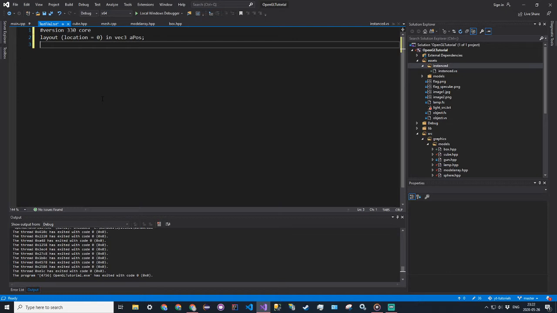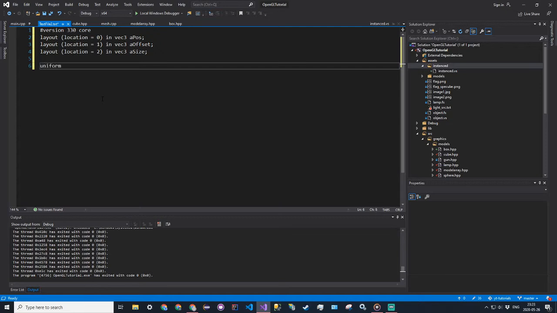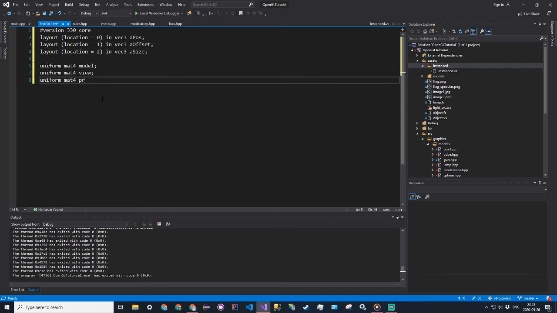So position of the vertex, and then we're going to have our offset and size. Remember, we don't have any normal or texture coordinates here. So layout location equals 1, in vec3 aOffset, and then layout location equals 2, in vec3 aSize. And then we're going to take in our uniform variables: uniform mat4 model, uniform mat4 view, and uniform mat4 projection. And then in main,